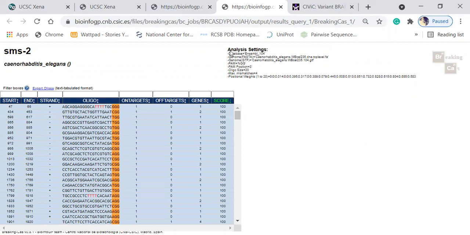It has mentioned all the information that we have put in, the database, the genome used. The example genome used was Caenorhabditis elegans. The PAM is this, PAM position is this, oligo site. It has every information that we need.